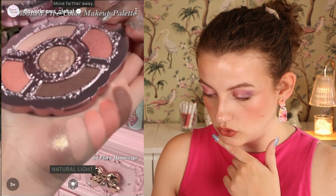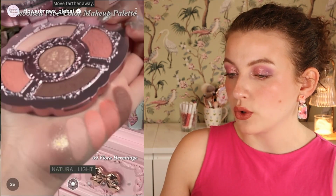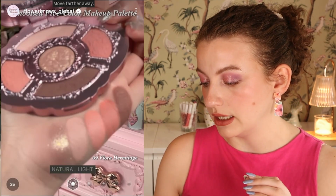This is much more peachy pink than I was thinking, but it's still quite warm. I'm not sure. This could be something. I need to see more swatches. I could be interested. I think the one that I'm most excited about is gonna be the 03 Fairy Melody,